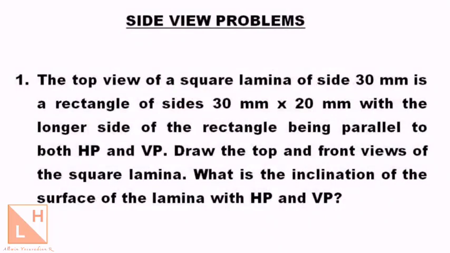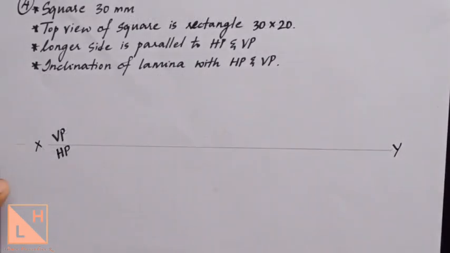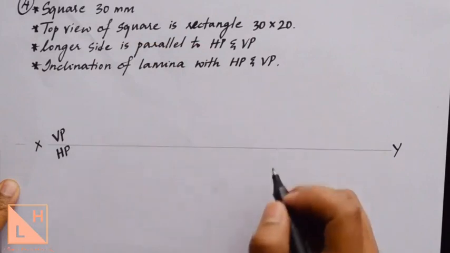Look into the problem. This problem is actually a special case because you need to generate the side view of the plane in order to get the solution. Note down the data one by one and let us start to understand the question and solve this. Okay, now this is quite a bit of a special case problem.